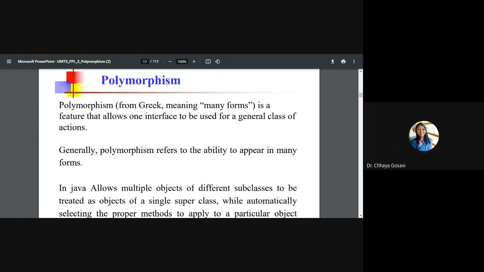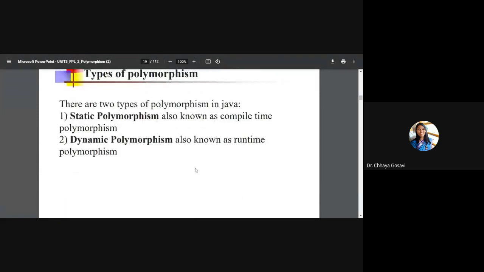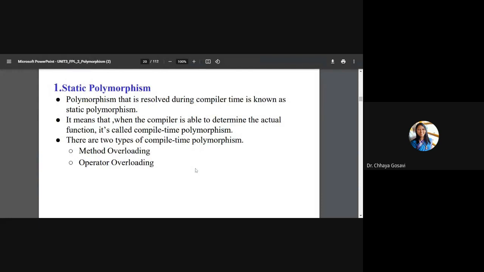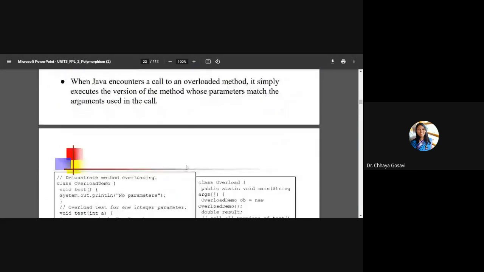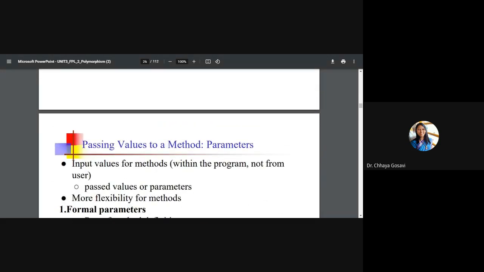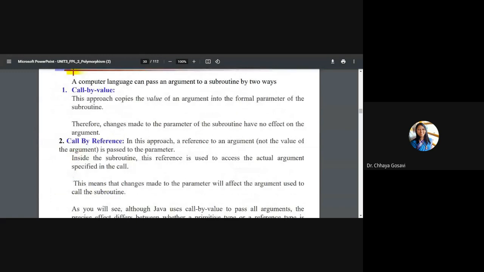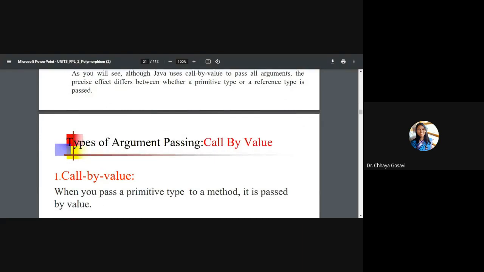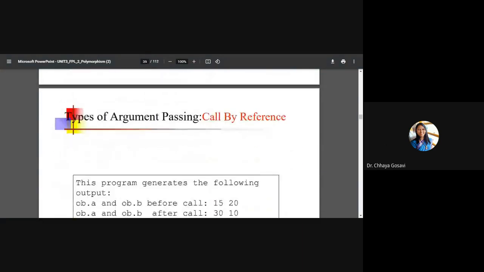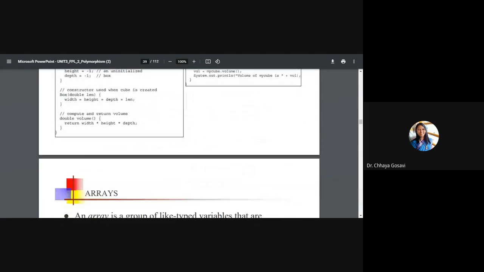Then we have seen what the term polymorphism is. We have seen the meaning of function overloading, overriding, static polymorphism. We have seen these examples. We have seen different ways to pass values to a method, parameter passing methods, pass by value and pass by reference, call by value and call by reference, one and the same thing. We have seen these examples. Then we have seen function overloading and method, constructor overloading.